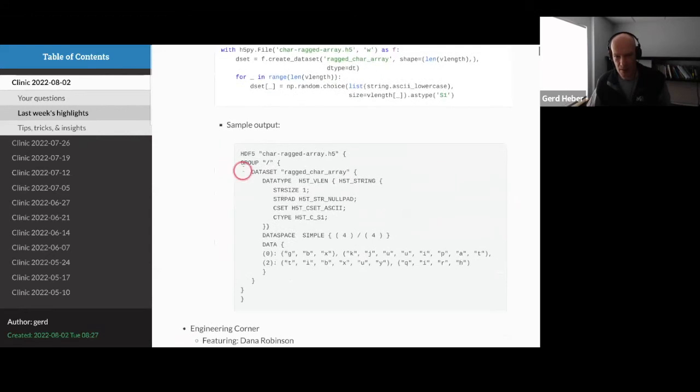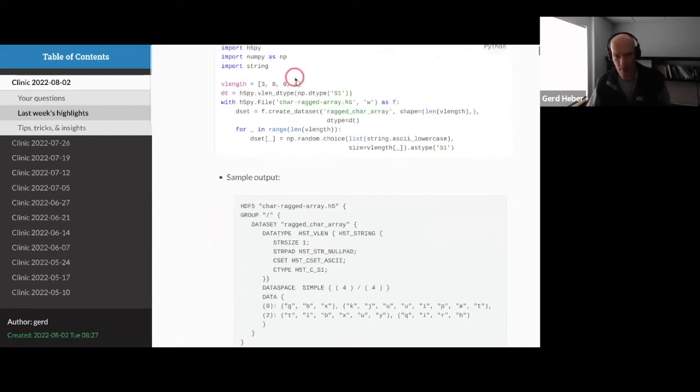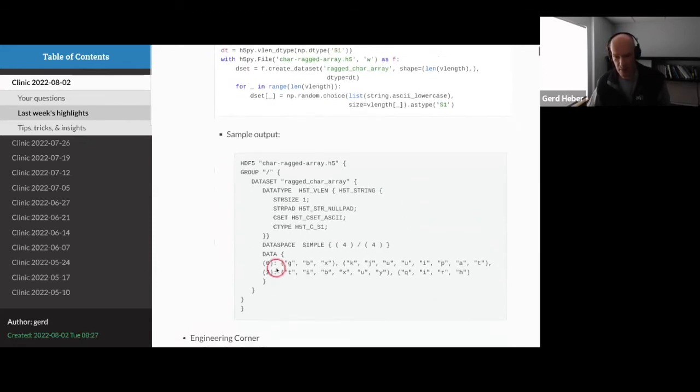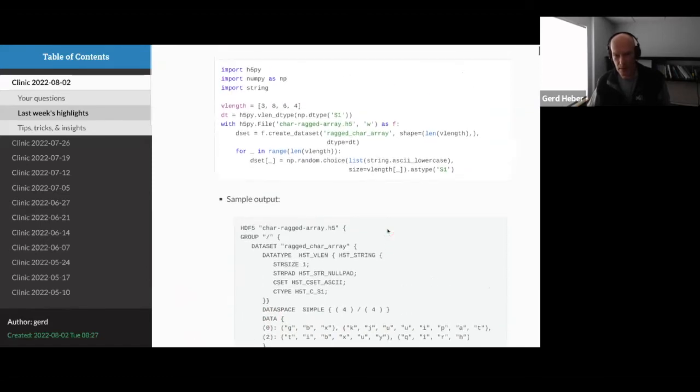And that works. In the h5dump output you can see there are 4 variable length strings in the user's definition. The first string consists of the characters G, B, and X. The next string consists of the characters K, J, U, and so on until T, and so forth. So that was, I think, instructive.